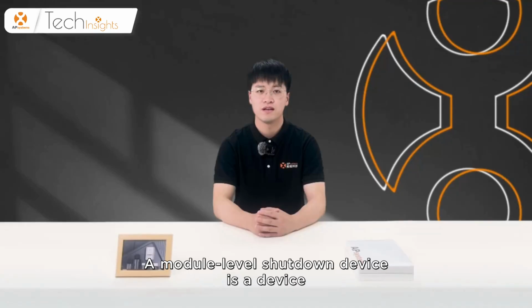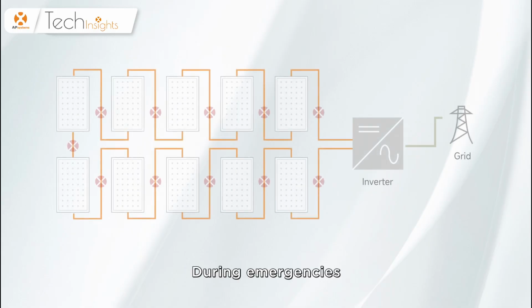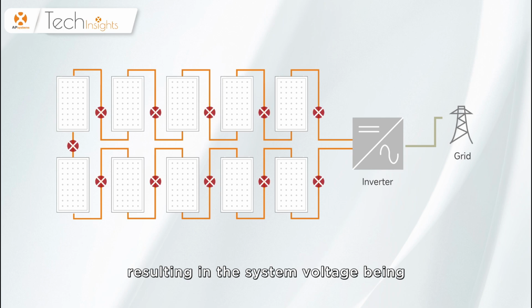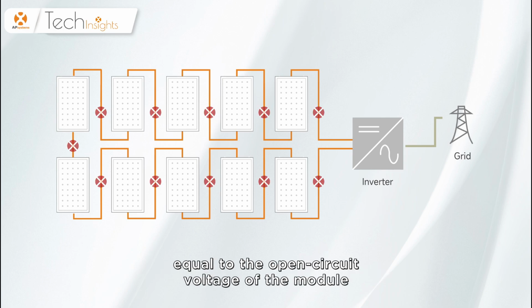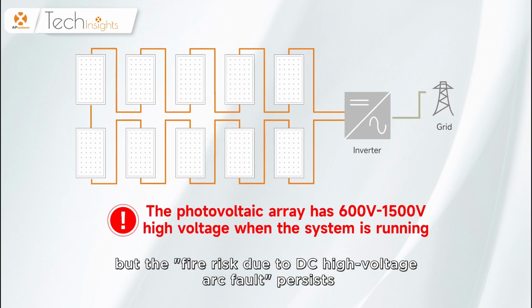A module-level shutdown device is a device that allows a fast shutdown at the module level. During emergencies, modules can be quickly disconnected remotely or manually, resulting in the system voltage being equal to the open circuit voltage of the module. This can eliminate the risk for rescue operations, but the fire risk due to DC high voltage arc fault persists